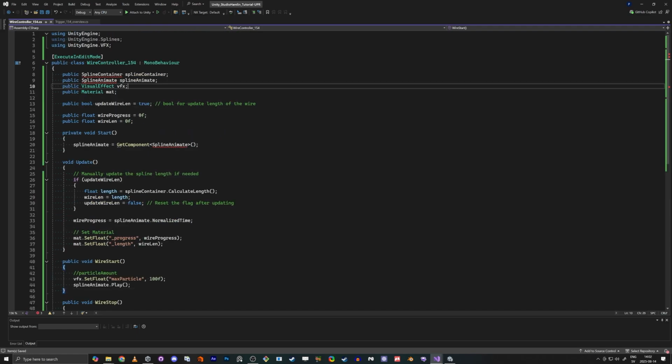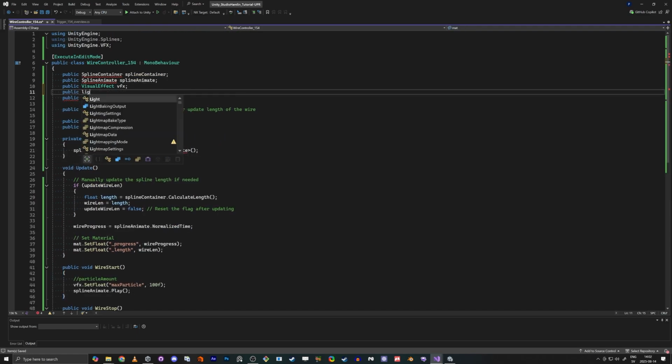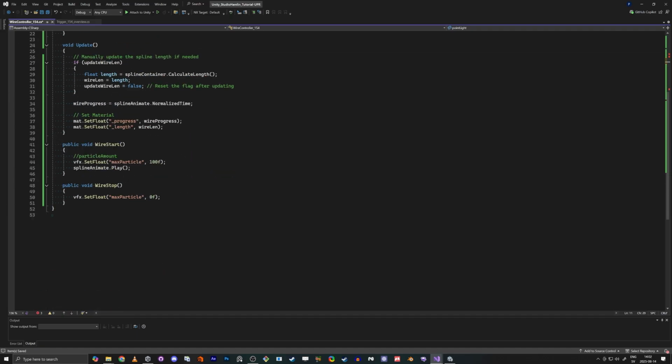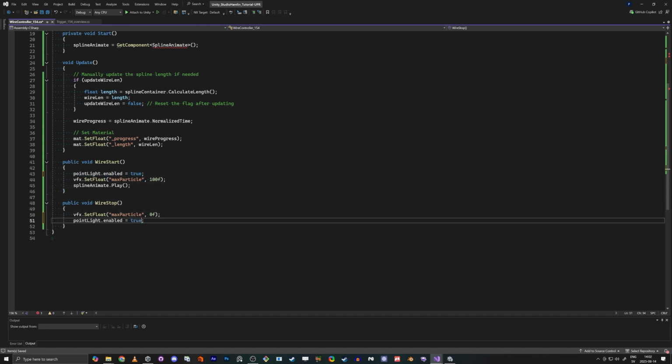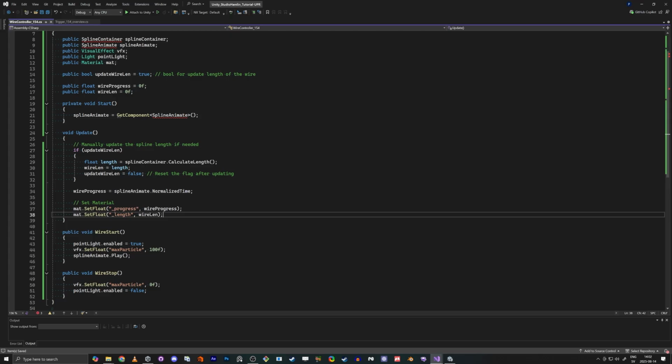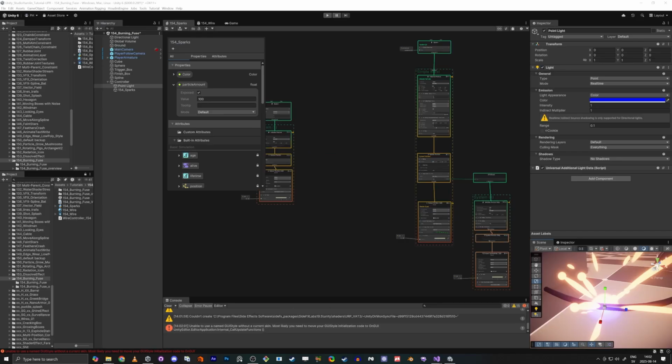So here we do the public Light pointLight. Whenever the wire starts, we can do pointLight.enabled true. And whenever we are stopping this, then we just do false. This means that in the beginning, when we call WireStart, the point light starts, and then it is disabled when we stop the wire. And if we save and go back here,